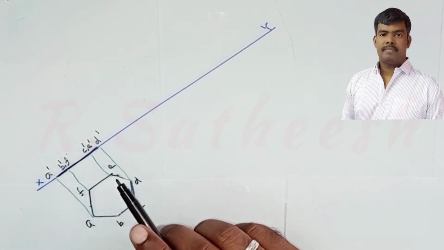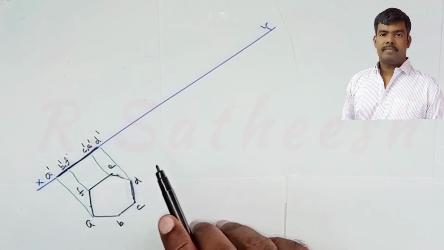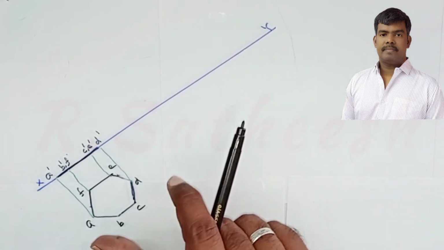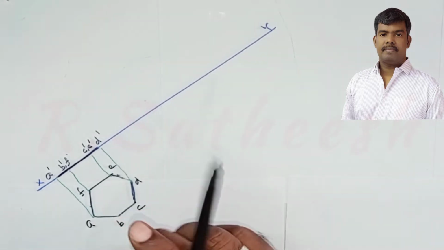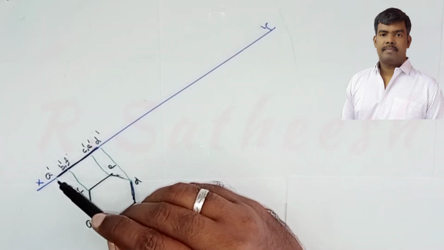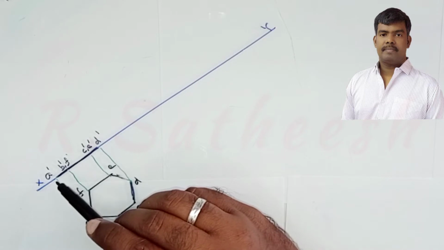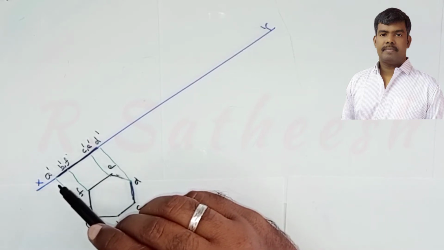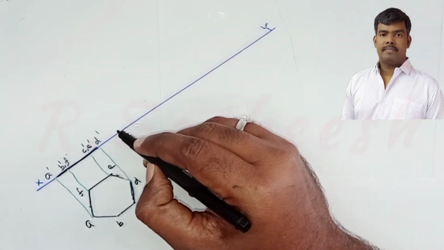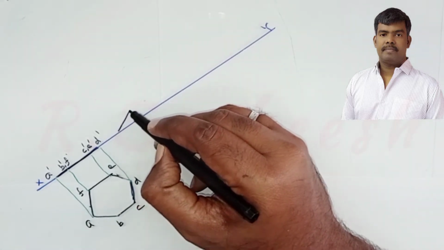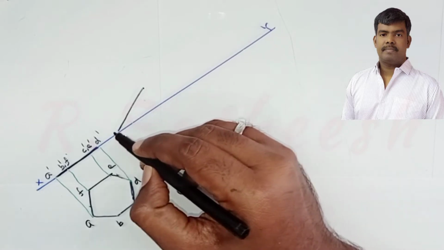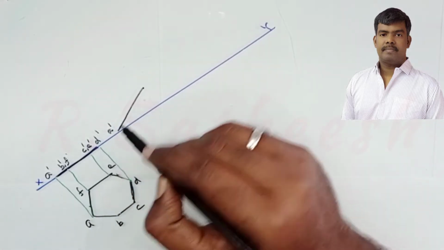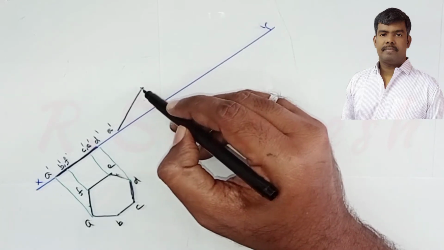Now, as per the condition, the surface makes 35 degrees inclination to HP. When the plane is inclined to HP, only one point lies on HP. In our case, point A, one of its corners, lies on HP. Therefore it's inclined 35 degrees, so you draw a 35 degree line. This is A dash. What is the distance from A dash to D dash? The same as before.